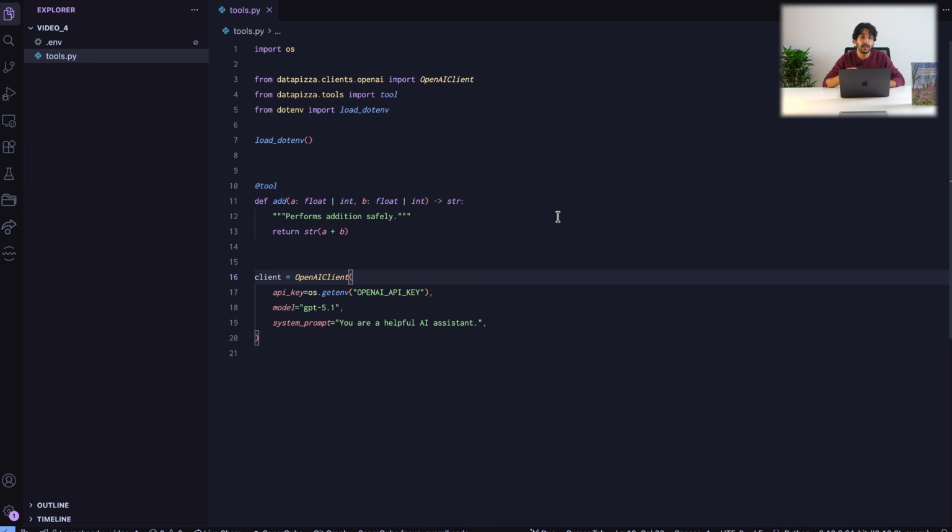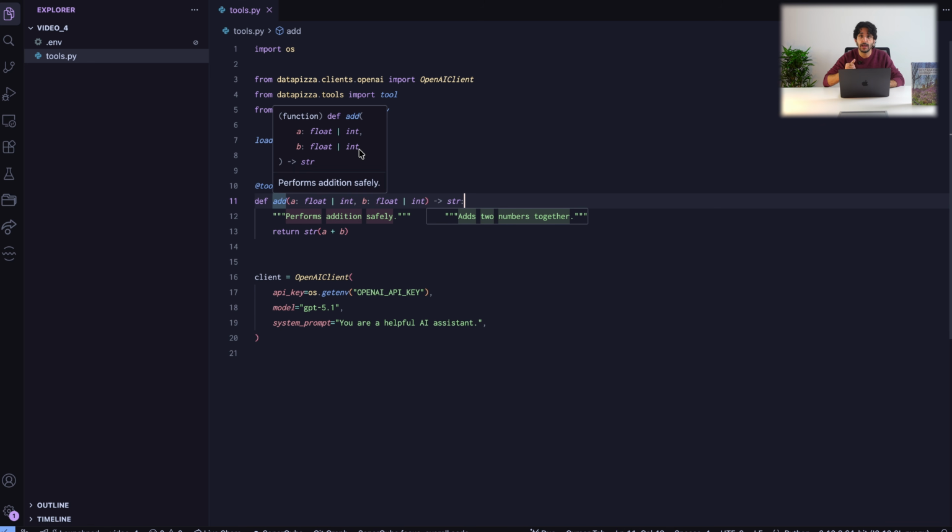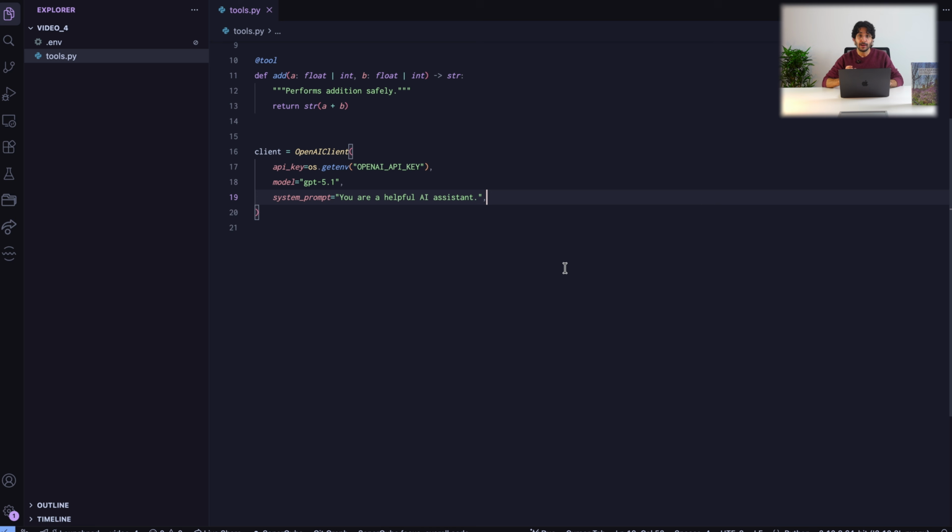Basically, it is telling the model that it can use this function, and also it is gathering some data from the function, like the docstring, which will be used as a description, and also the type hints. So whatever I write into the docstring, this information will be passed to the LLM, to the client, so that it knows something about the tool. And this decorator will also take the type hinting information, so that the model knows what types and what arguments it must use for that function. For example, the model will see that this tool will need the two arguments, A and B, which can be both float or integers.